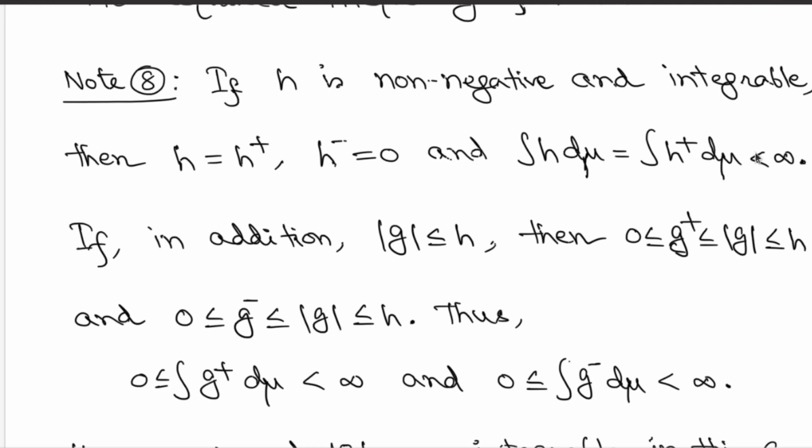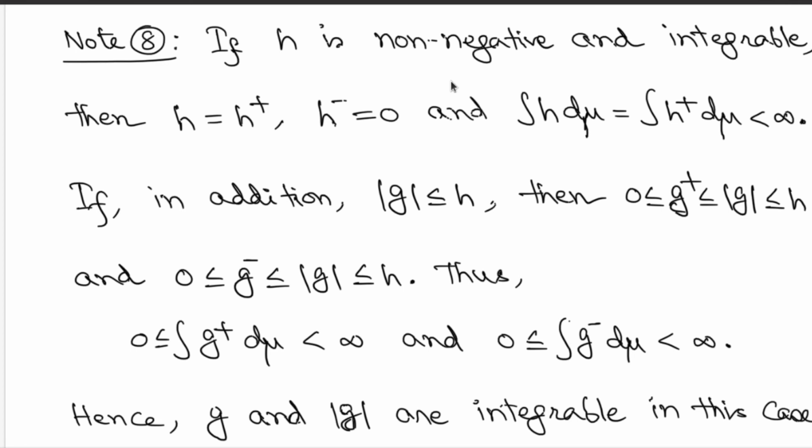Great. Then what is going to happen is that provided such an h, if you can get an arbitrary function g such that mod of g is dominated by h. Okay, so you are starting off with an arbitrary function g now, and if mod g gets dominated from above by this non-negative function h, then you will immediately say that g plus is dominated by h, simply following this inequality that g plus is a non-negative function and it's dominated from above by mod g, but mod g is dominated by h. So therefore g plus is also dominated by h from above.